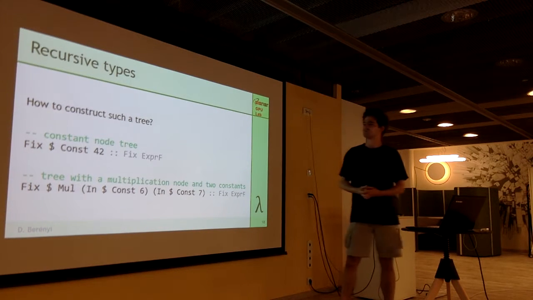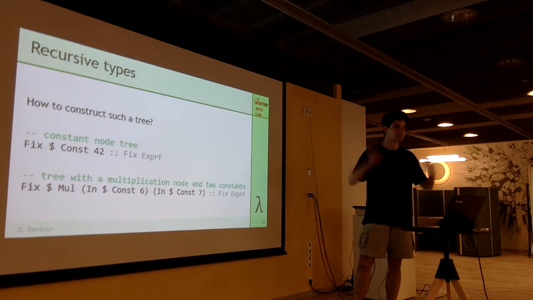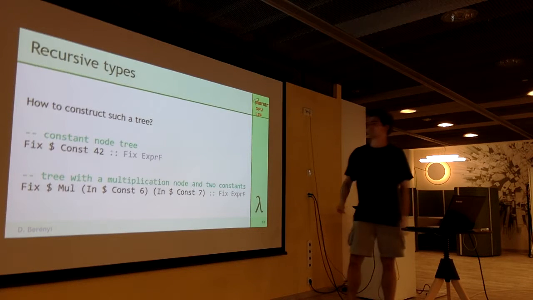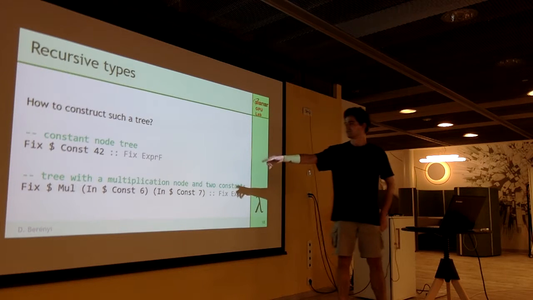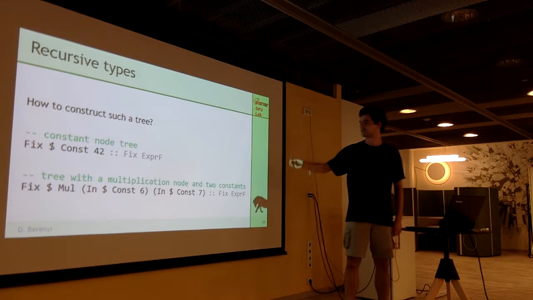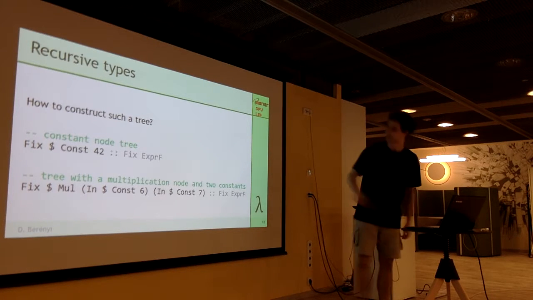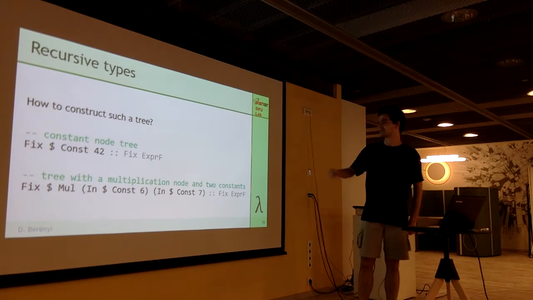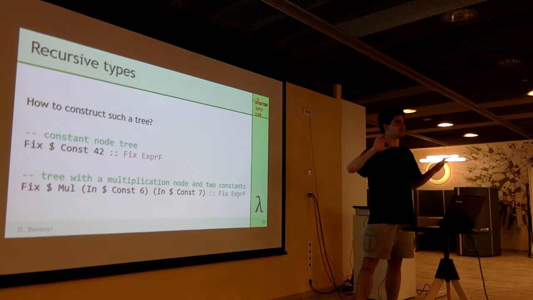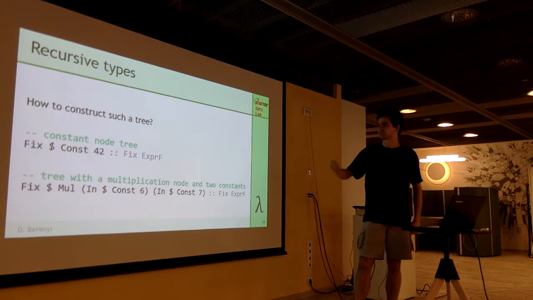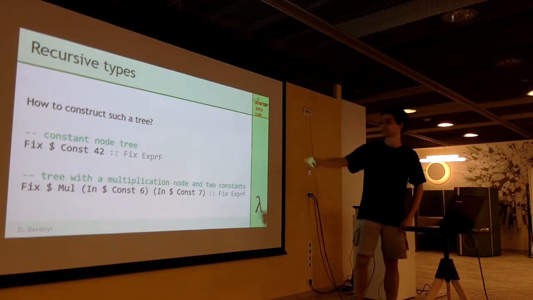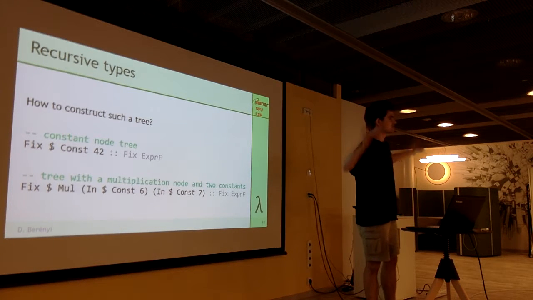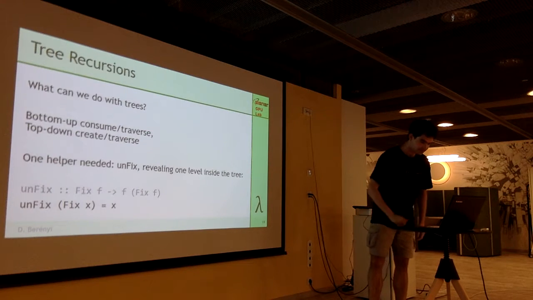If you would like to build a one level deeper structure, for example, multiplication of two constants, we create the two numbers first. Okay, I have a typo here. Sorry, in should be replaced by fix. Sorry, it was a very quick go. So after we constructed the two numbers, just as in the earlier example, we push them into the multiplication constructor and fix that again. And we can repeat this process and build up arbitrary trees that we would like.